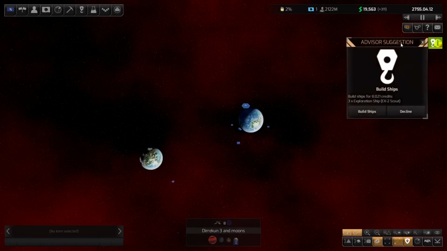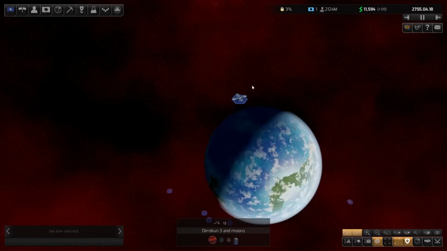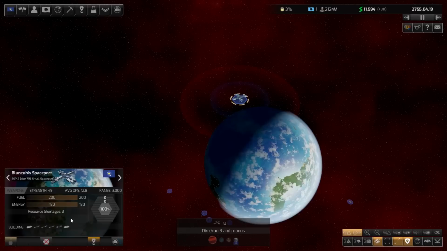Build ships, here we go. Three more exploration ships, please. Yes, because we've now got the skip drive, now it's time to start to find more resources around the place. And so what's going to happen through here, if I go and click on the spaceport, we'll see that it's